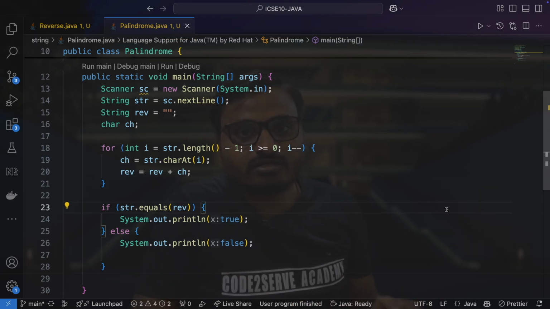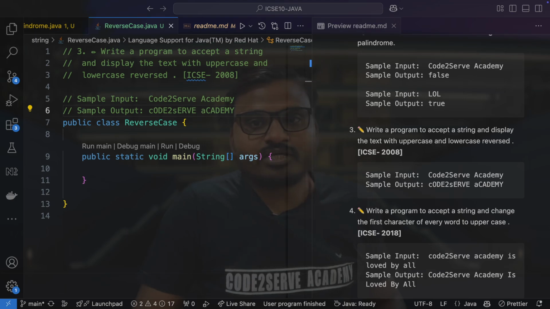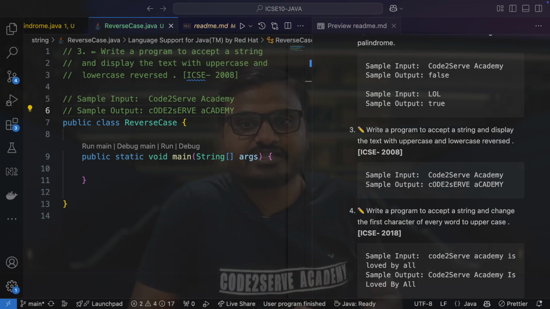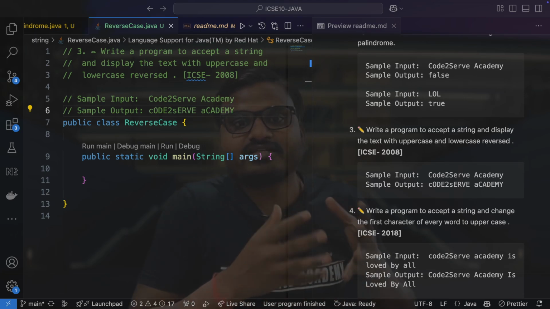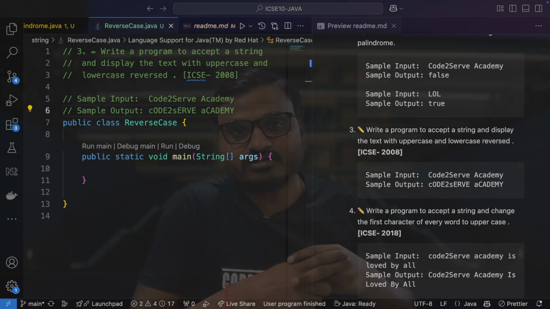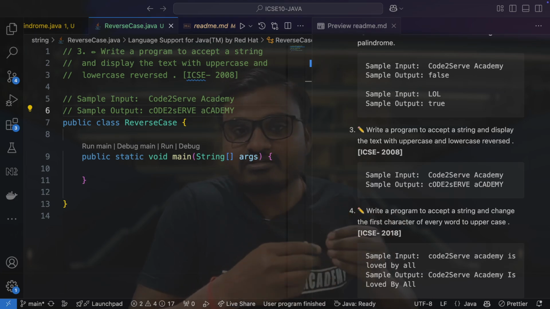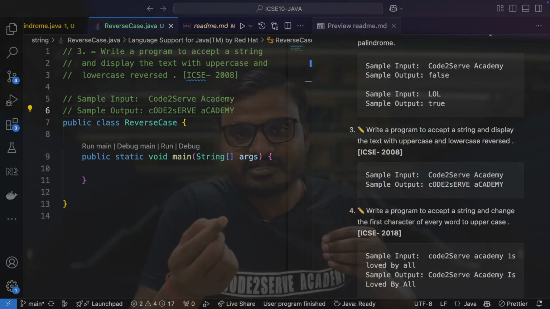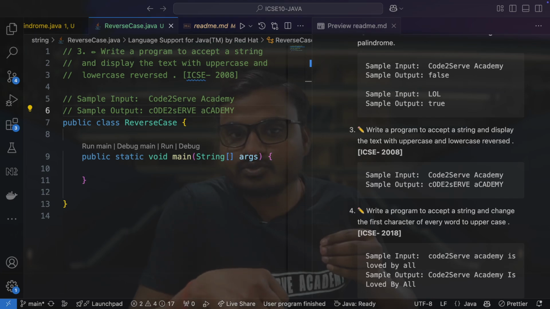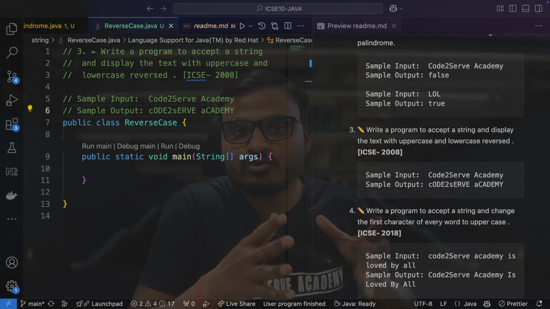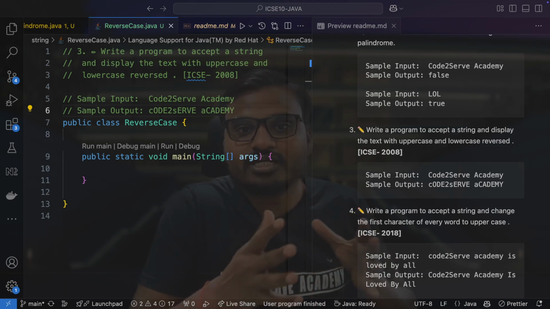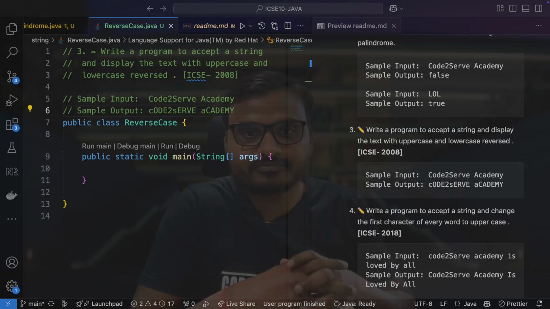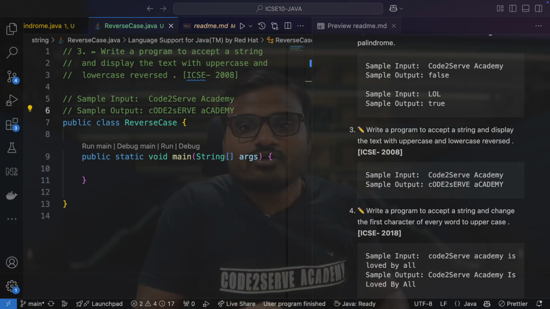Let's move toward the third question. Now let us see the third question. Here it says we have to write a program to accept a string and display the text with reversed case. That means if the character at any position is capital, you have to reverse it to small, and if it is small, you have to reverse it to capital. You have to ignore the numbers. You have to only update the characters, that is, the alphabets. Okay,